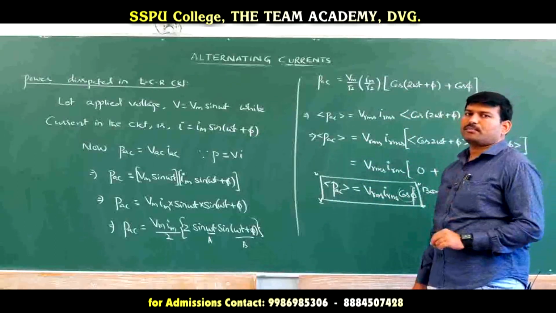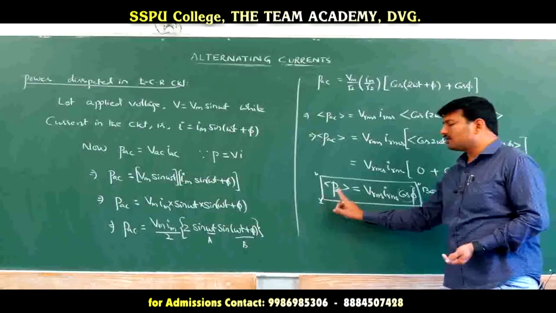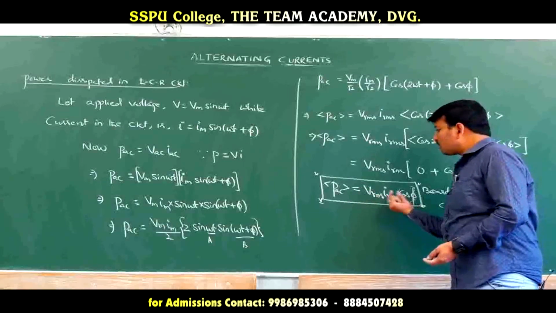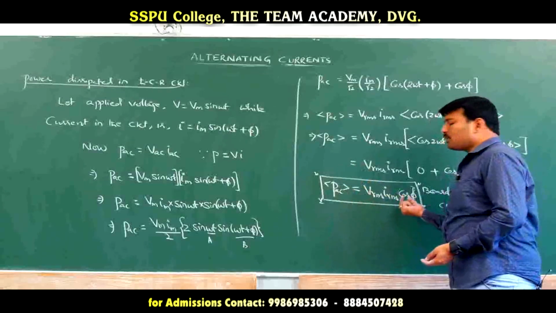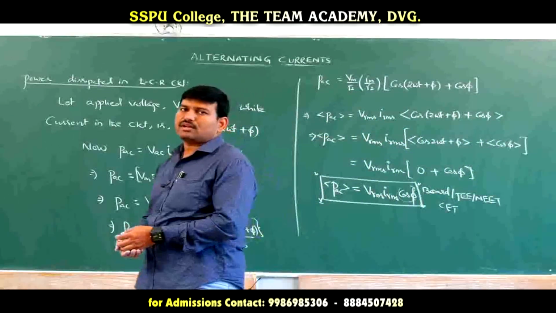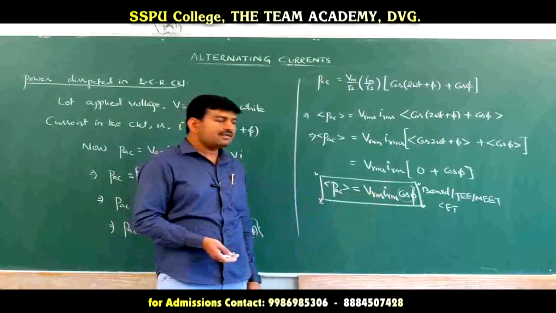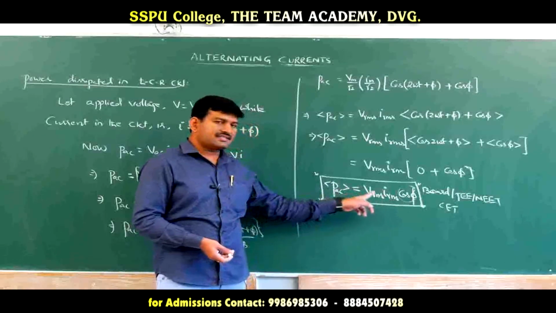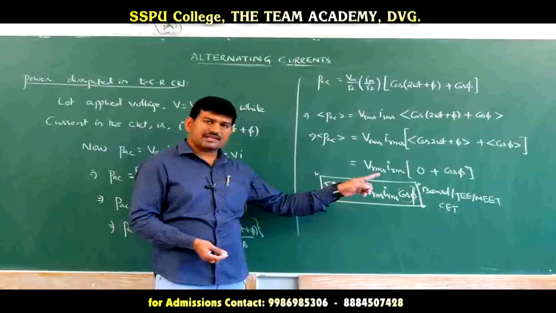Why is cos phi called the power factor? Because this cos phi is related with the power term in AC circuits. As this is the term telling about the AC power, cos phi is the factor representing the power, hence the name power factor. So cos phi is the power factor of the LCR series circuit, defined mathematically as the ratio of resistance to the impedance of the circuit. Whenever cos phi is equal to 0, the AC power is equal to 0. Whenever cos phi is equal to 1, the AC power is maximum.